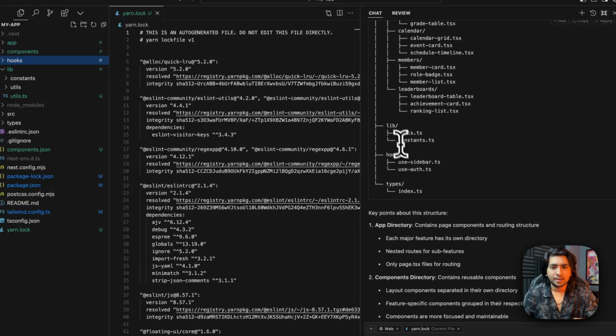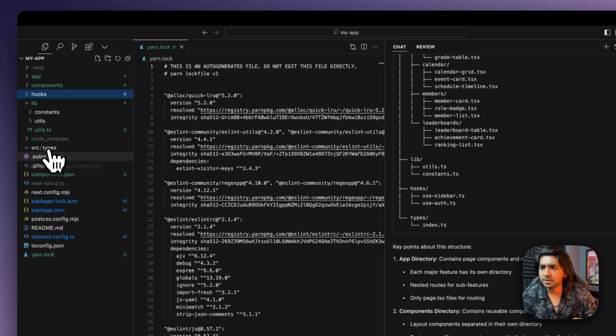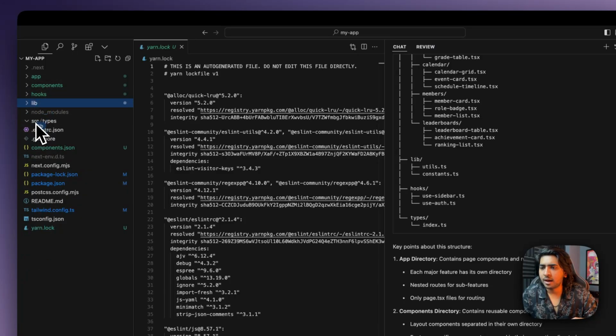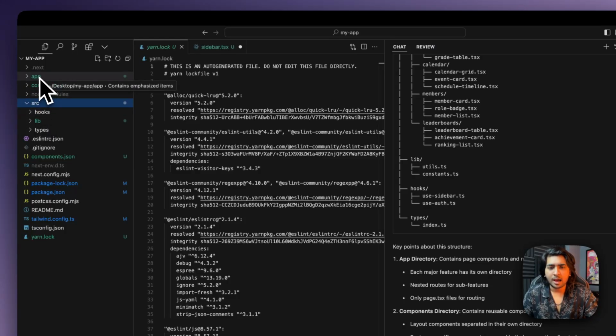And then lib, hooks, types. Let's just move all of these types. I don't know what lib is. Is lib library? And then hooks. Okay. And now,